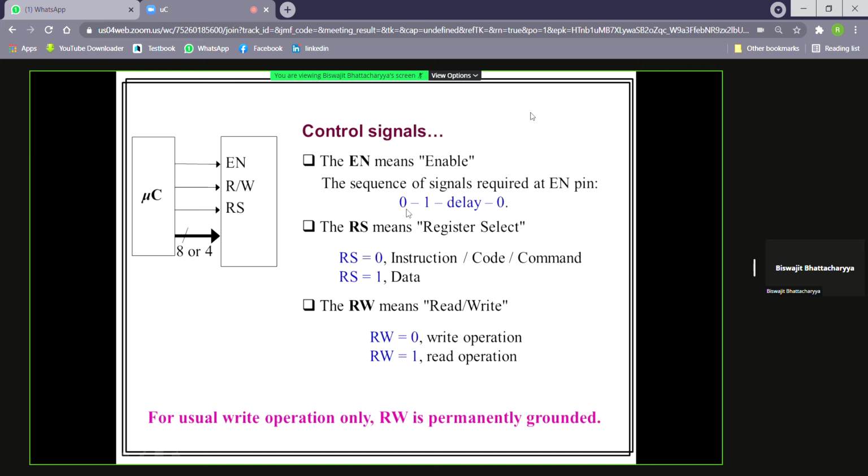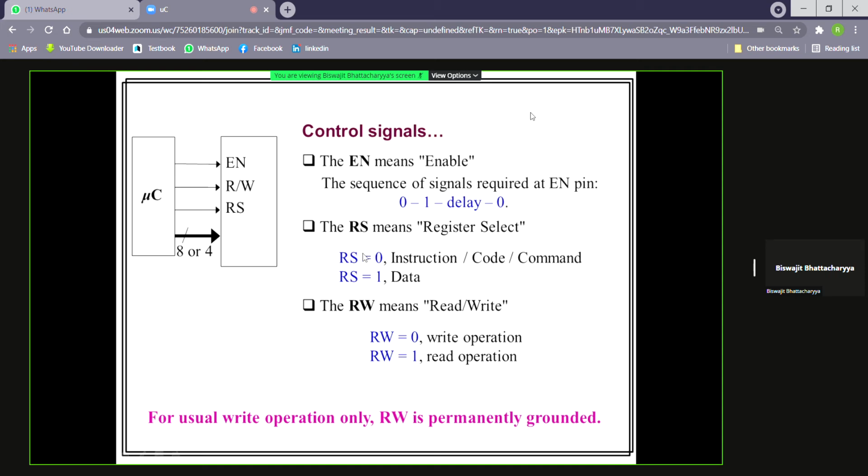So we'll send a 0 first from the microcontroller. A 0 will go to the enable pin. Then a 1 will be going to the enable pin from the microcontroller. Then a small delay will be there. And then again a 0 will be sent. So a small pulse width will be required to send any data or instruction from the microcontroller to the LCD controller.